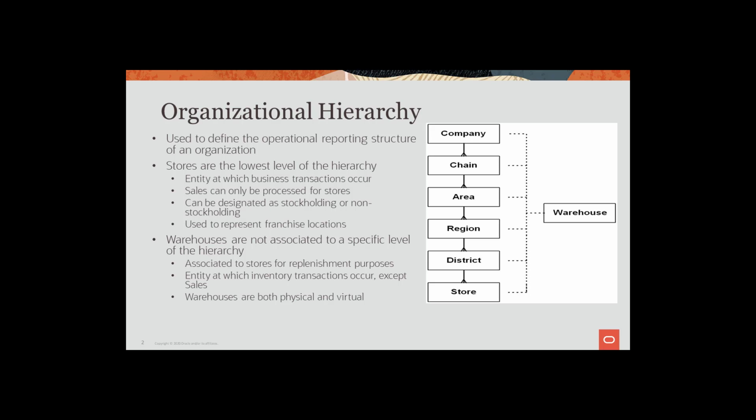The number of virtual warehouses within a physical building is determined by the retailer. For example, for each channel applicable for the physical building, one or more virtual warehouses may be created. When transactions such as purchase orders and transfers are created in merchandising, they will be created at the virtual warehouse level. This gives processes like replenishment visibility to inventory by channel.